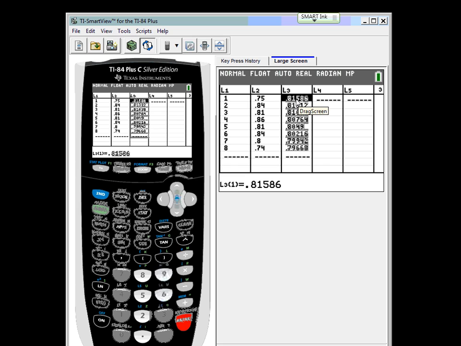I just put that equation up here into L3. These are what I should have got for y, my estimation. But we all know these are the real values. So, I hope you can kind of see where this is going. So if I go back to my graph here,